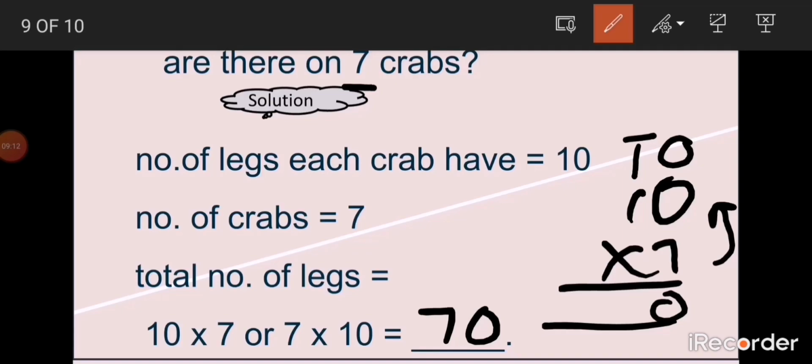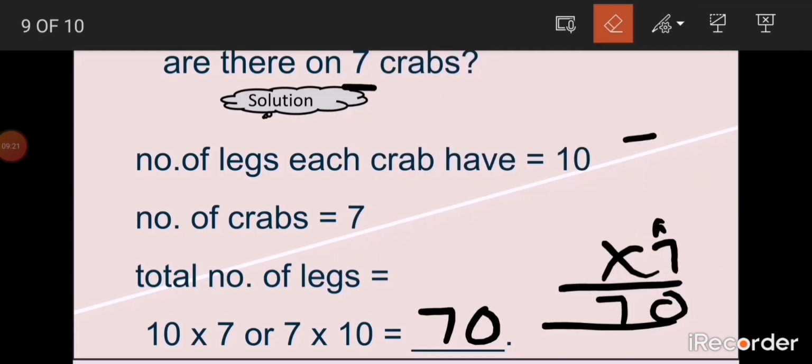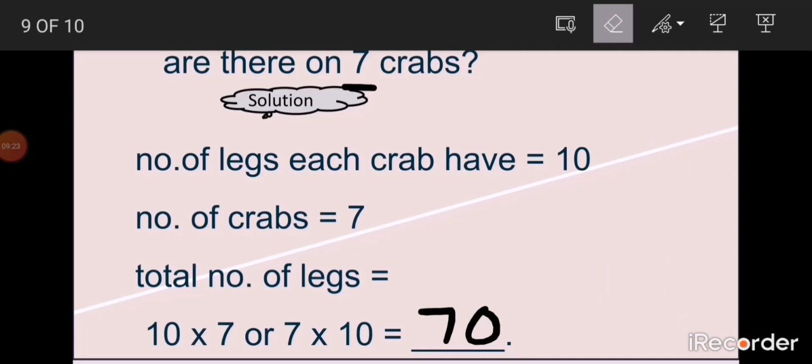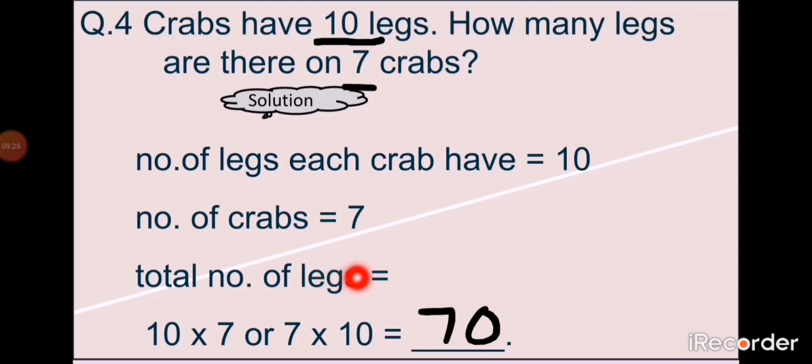Now, after multiplying the ones, multiply the tens, the second step of multiplication. 7 1 times 7. So, the answer is 70. Again, if you want to recheck your answer, you can read the 7 times table 10 times. 7 1 times 7, 7 2 times 14, 7 3 times 21, 7 4 times 28, 7 5 times 35,